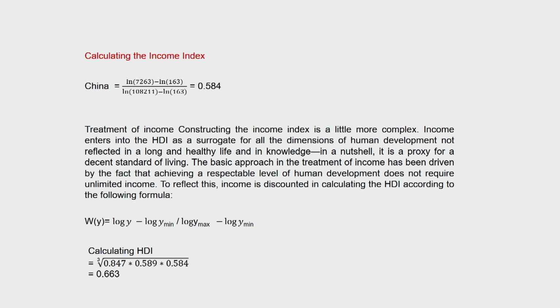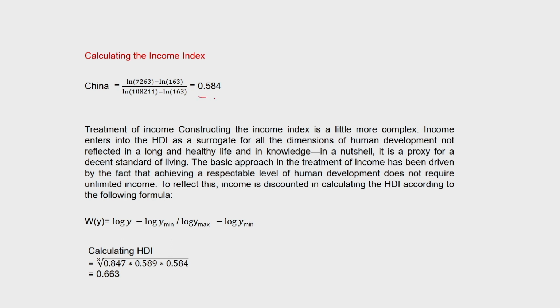The income index, there is a logarithmic transformation of the income. The goalposts have changed now. The goalposts in 2010, because it is based upon the actual achievements of the countries which have been considered. You must be informed here that in 2010 the number of countries for which rankings based on HDI are being done has increased, and therefore the goalposts have also changed. So, the goalposts have changed in 2010, and based upon the logarithmic transformation of income, the income index is calculated,